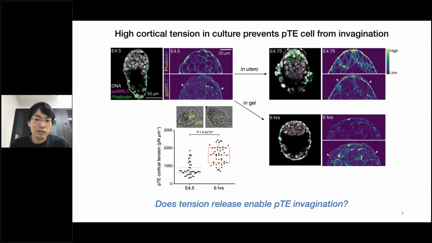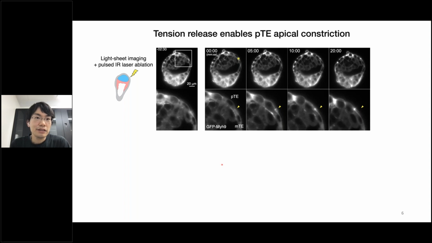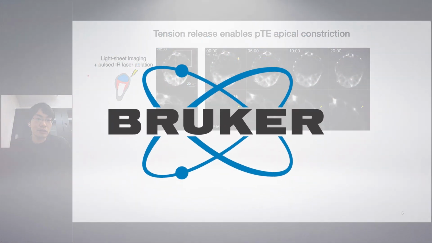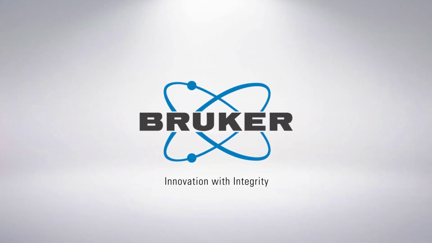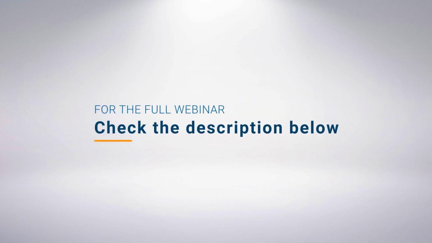And then we wondered if tension release would enable the polar trophectoderm constriction and also the invagination. To test this hypothesis, we employed laser ablation to cut the cell-cell junction in order to release the junctional tension between the mural trophectoderm